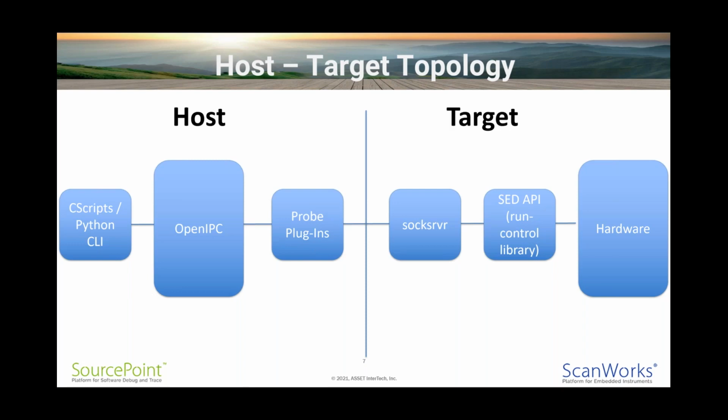That runs through some middleware that Intel provides called OpenIPC, which in turn connects to a probe plugin. OpenIPC, with the associated probe plugin, allows that left-hand side to connect to an arbitrary probe, and we'll put that word in quotes, because that arbitrary probe could be, for example, a hardware probe,